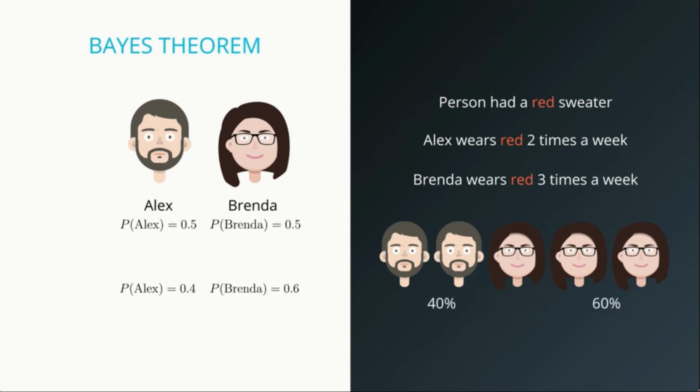We've used the information about the color of the sweater to obtain better probabilities about who was the person who passed by. This is Bayes' theorem, and we'll learn it more in detail in the next few videos. The initial guess we had, the 50-50 guess, is called the prior, since it's all we could infer prior to the new information about the red sweater. The final guess we have, the 60-40 guess, is called the posterior, since we've inferred it after the new information has arrived.